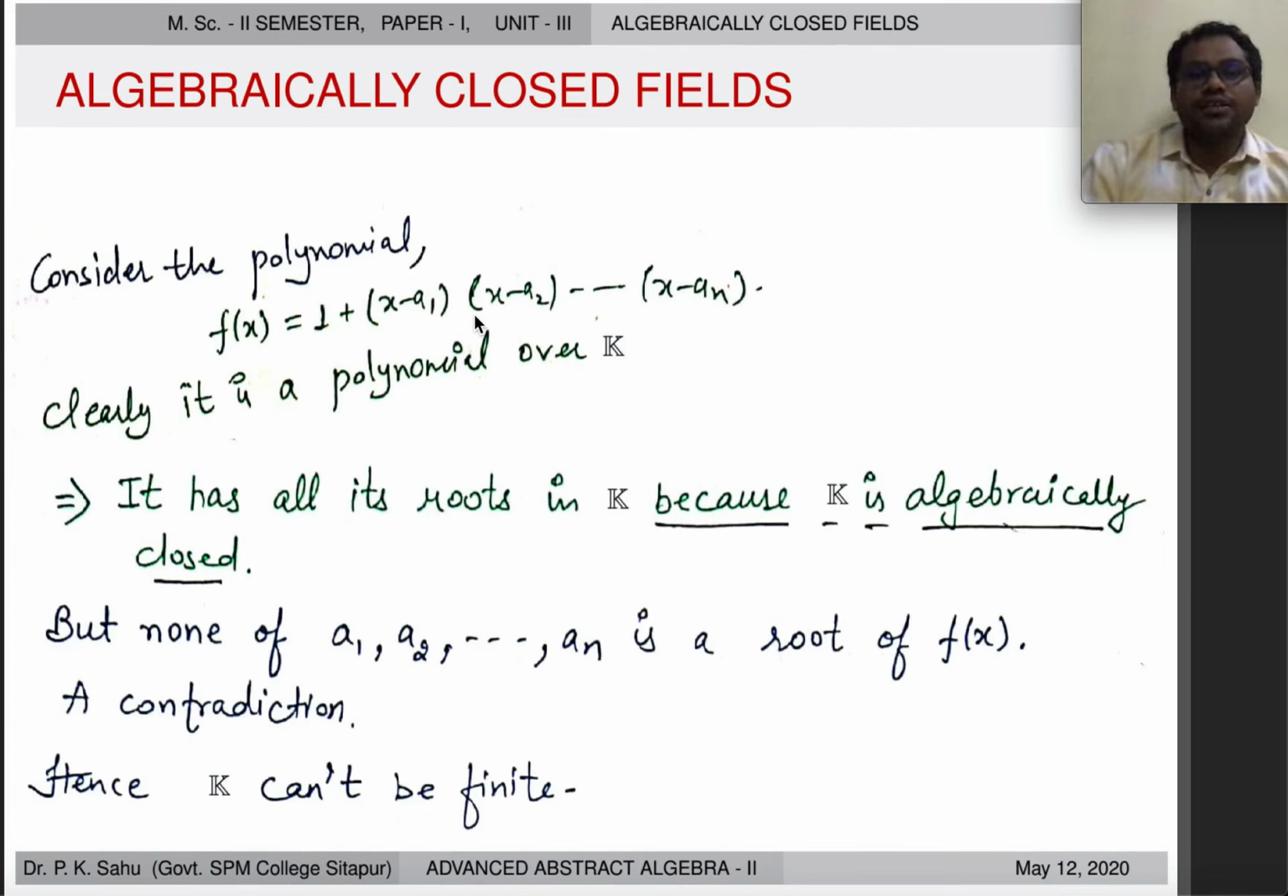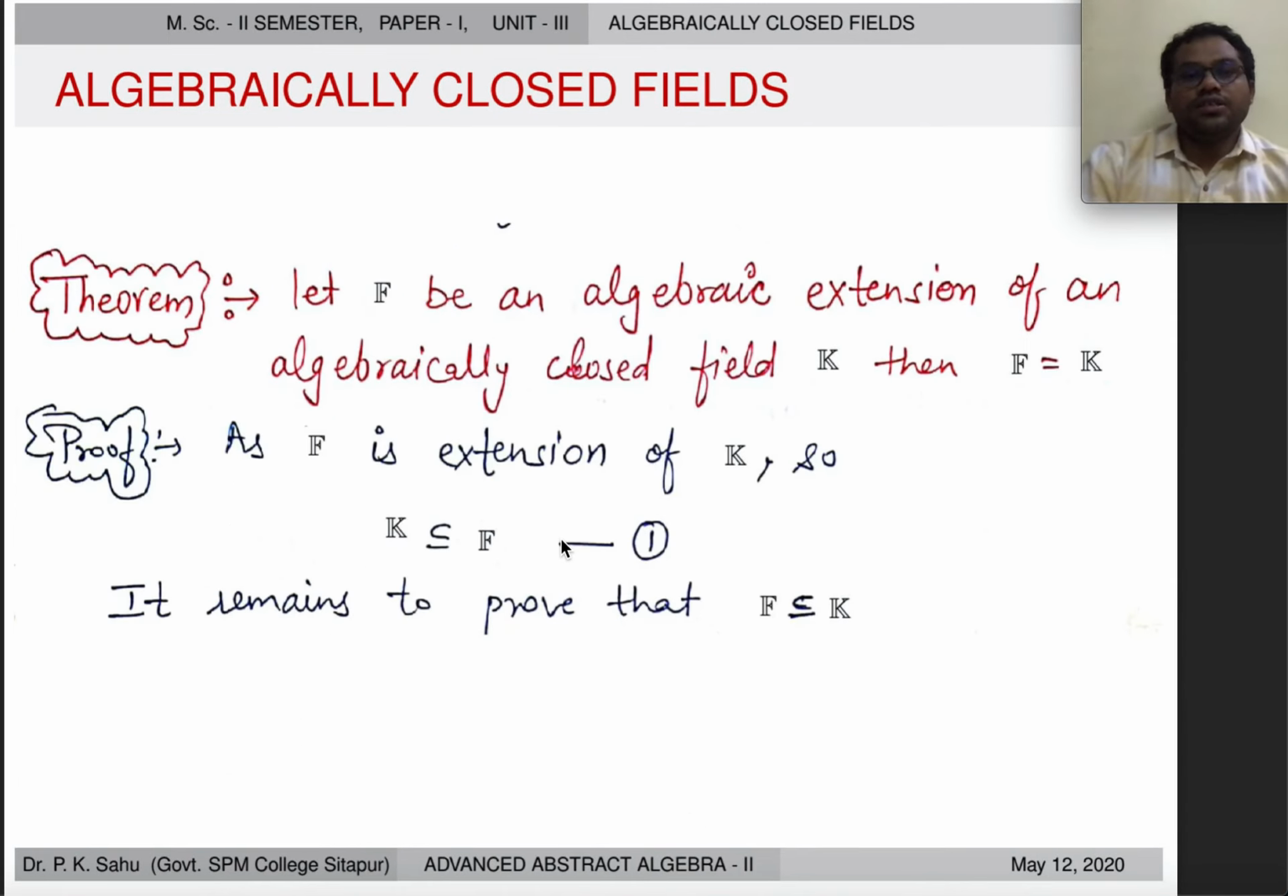Now it has all its roots in K because K is algebraically closed, by its definition. But none of a1, a2, all the way up to an is a root of this f(x), which is a contradiction to the fact that K contains all the roots of the given polynomial f. So K can't be finite. Let's prove our theorem. Now there is another theorem which says that